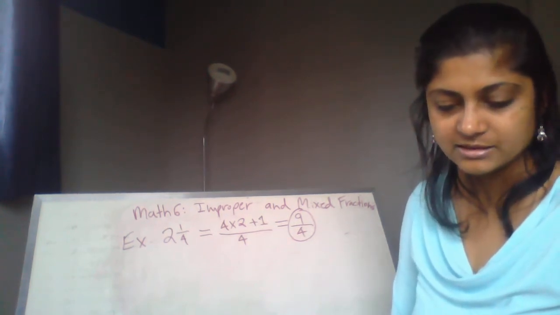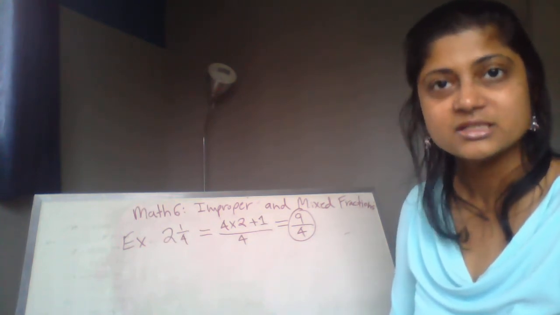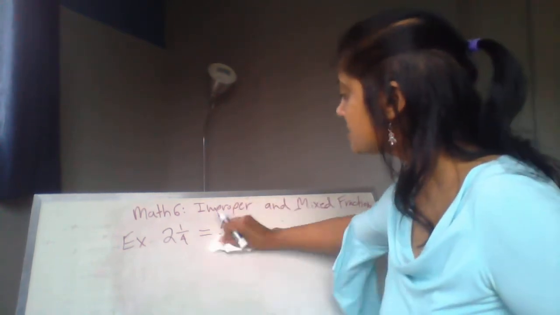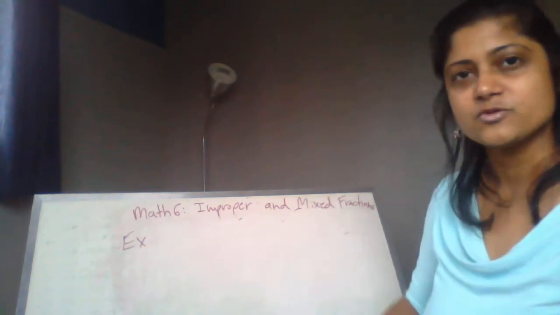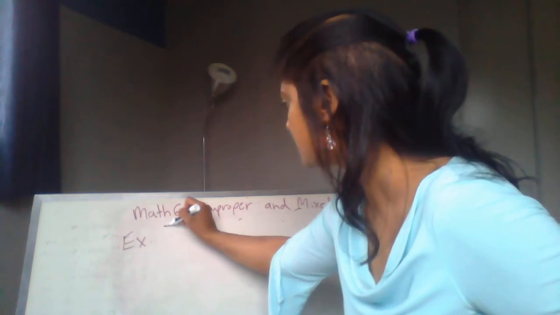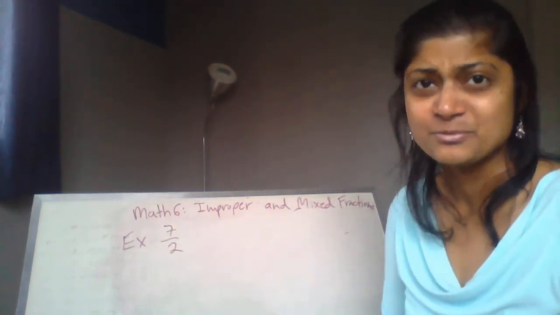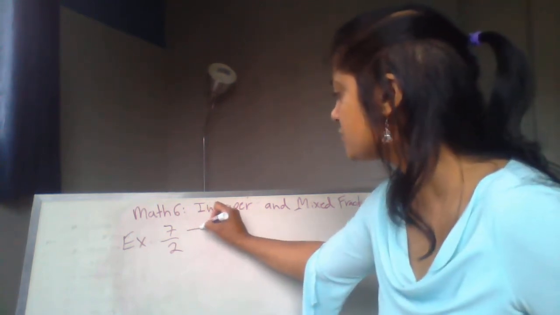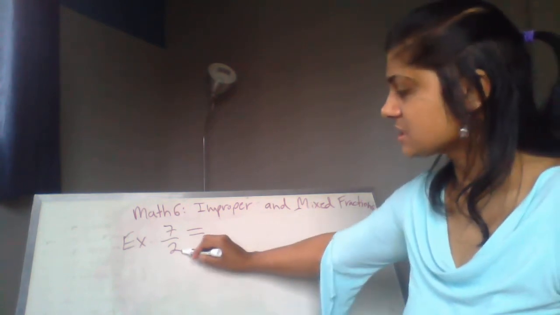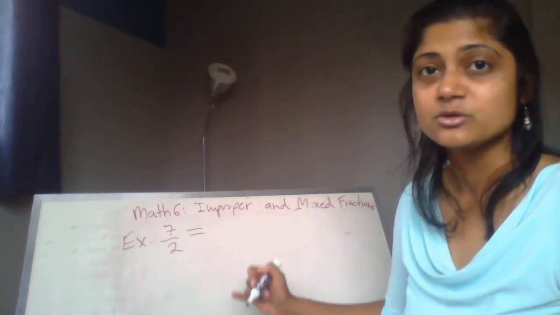And if we go to the next example, it says write each improper fraction as a mixed number. So let's try that. And it is very important that you know how to change from one form of the fraction to another. So let's start with a simple one. So say I have 7 over 2. So this is my improper fraction. I'm going to show you a way of doing it, which is really easy. I'm going to see how many times does the denominator, which is 2, go into the numerator,